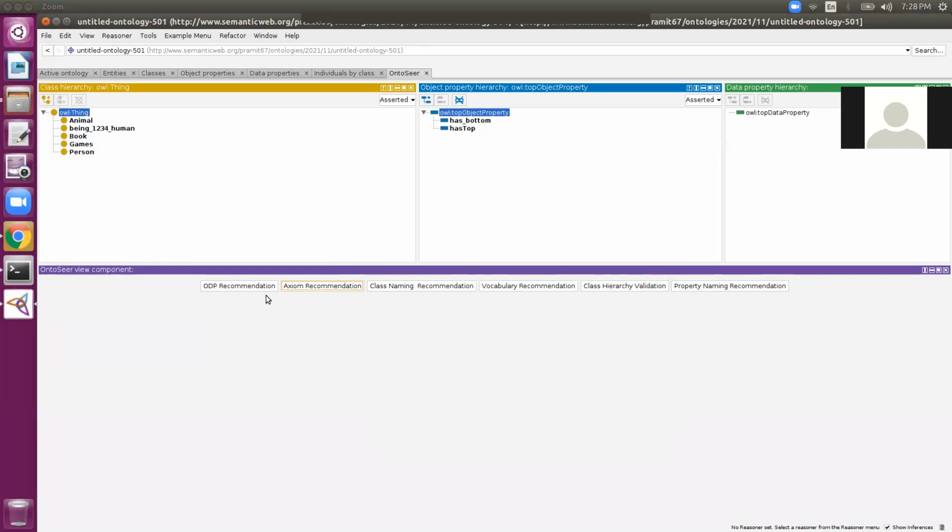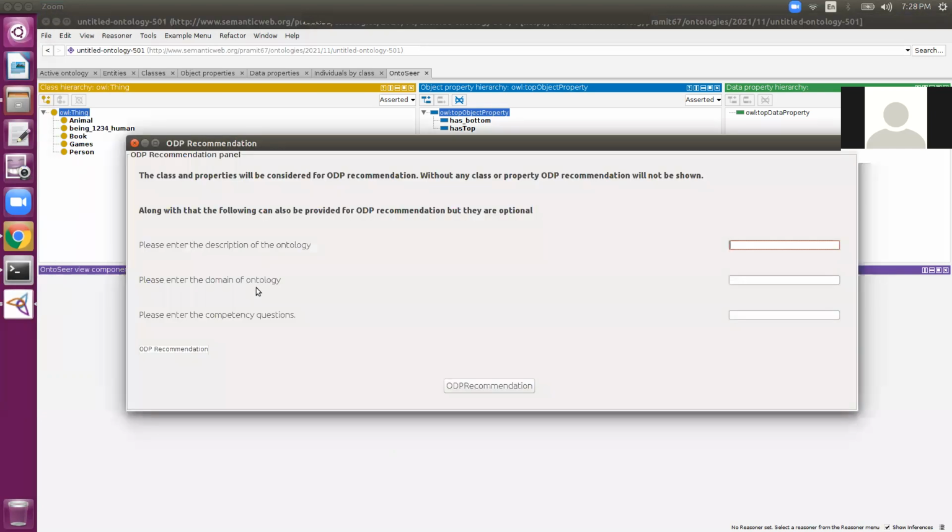Another important feature of Ontosphere is ODP recommendation. Click on the ODP recommendation button. Then this window will open up. Ontosphere will automatically take into account the classes, properties, and instances that are present in the ontology at that very moment. Additionally, the user can also add a description of the ontology, the domain of the ontology, and competency questions.